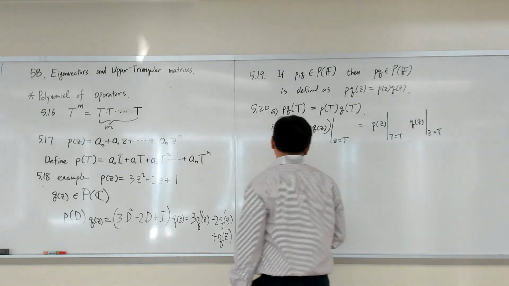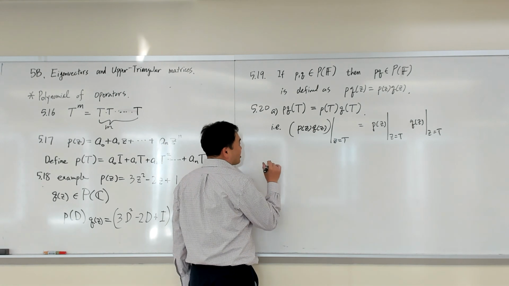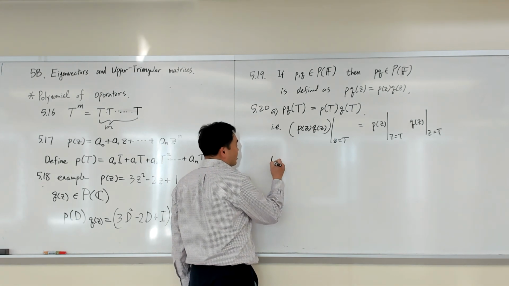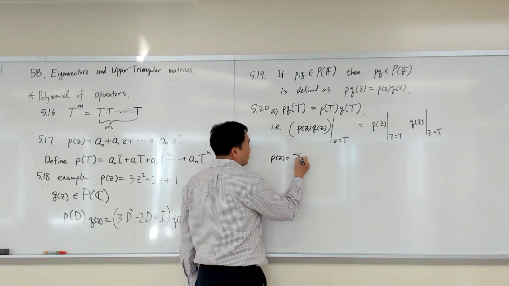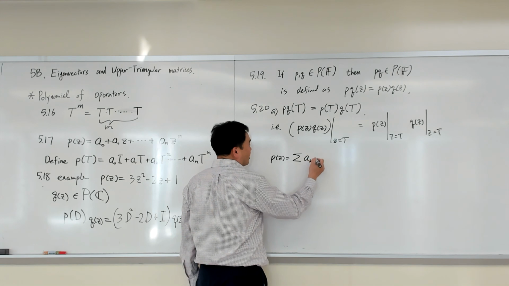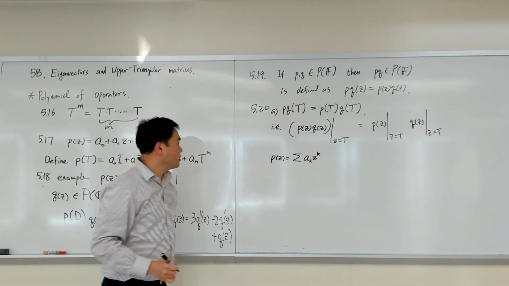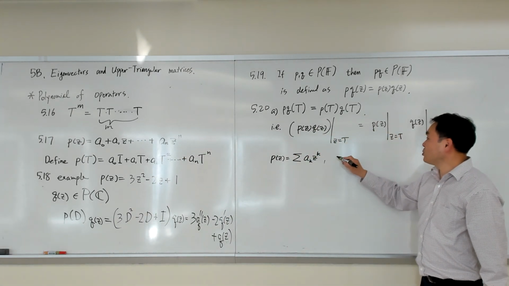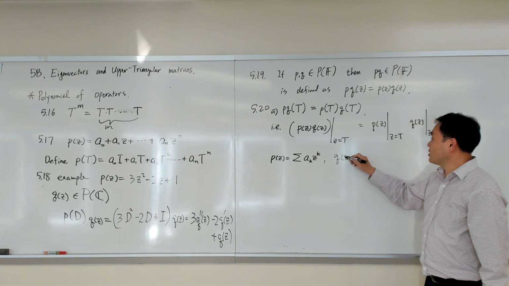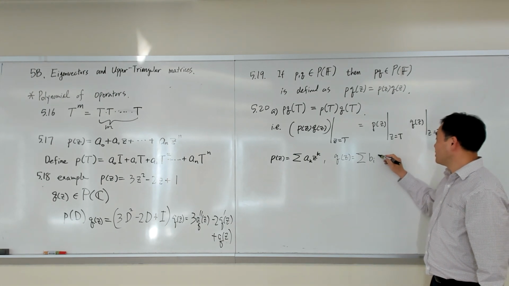Well, how do we actually multiply polynomials? That's a bit hard to say. If I say P of z is the summation of a_k z^k, and then Q of z is the summation of b_i z^i,